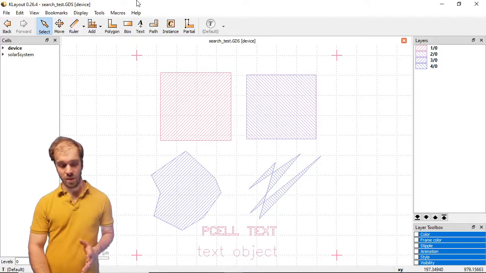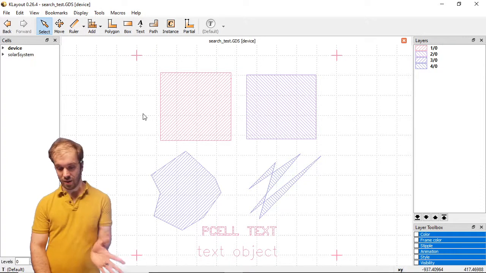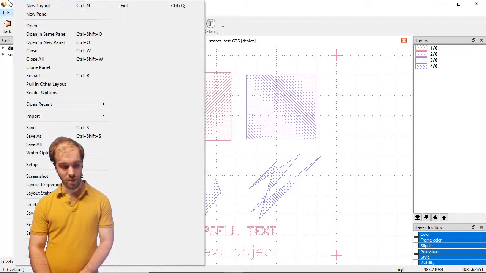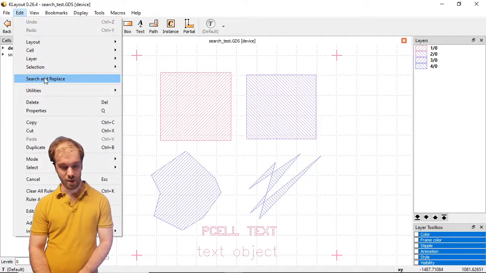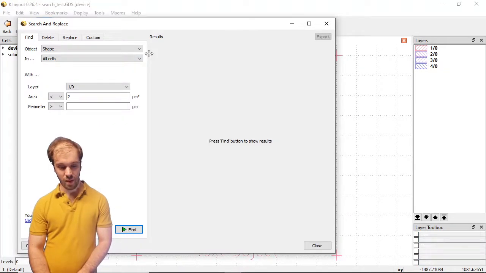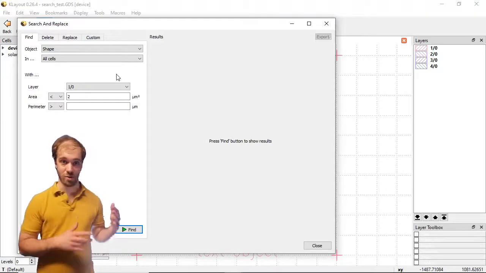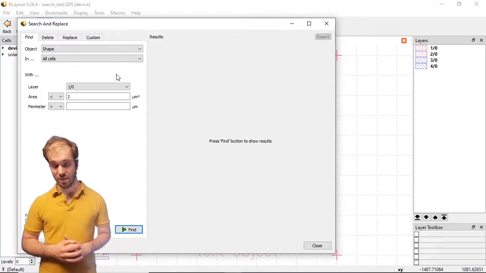easier. To start, I have a pattern here with a couple different shapes already drawn, as well as a few cells. What we're going to do is open up the Search and Replace function under Edit, Search and Replace. This menu here is divided up into a few tabs that can do different operations, such as just searching, deleting, replacing, and even custom. We'll go through them one by one to get a sense of what's going